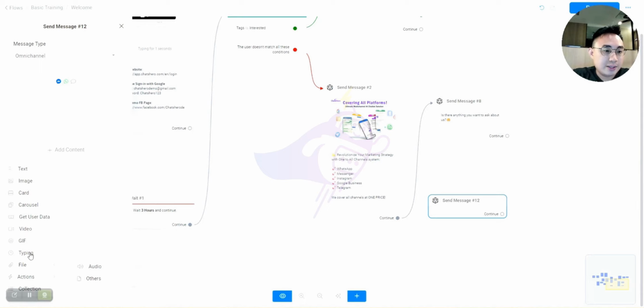And then there's typing. Typing is to make your reply more user-friendly like this. Then on the file side, you can put audio, or it could be others. If it is others, you can add some PDFs. Those PDF files are like this. Then action is,